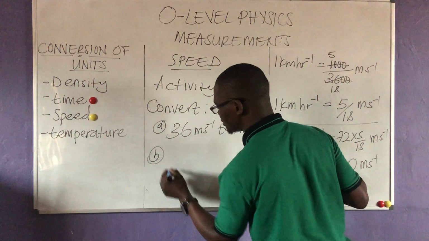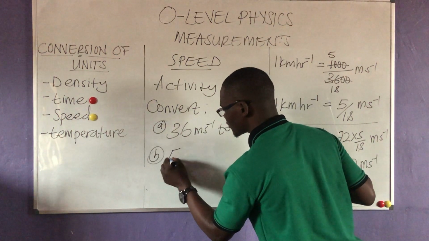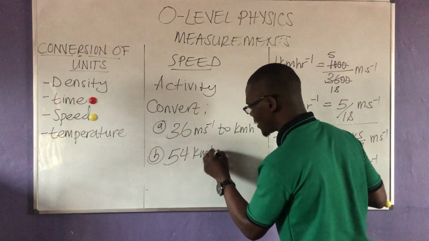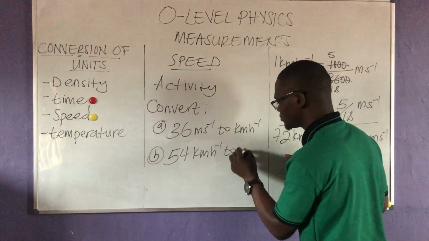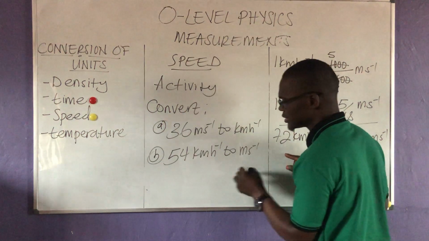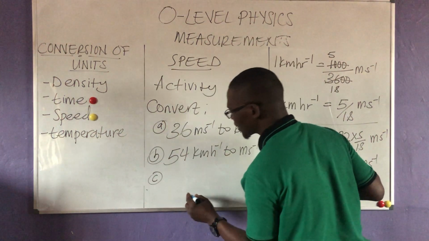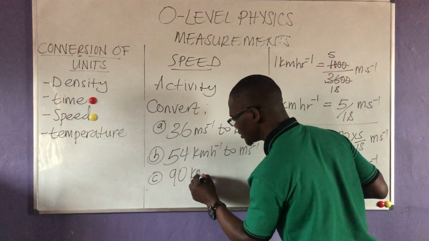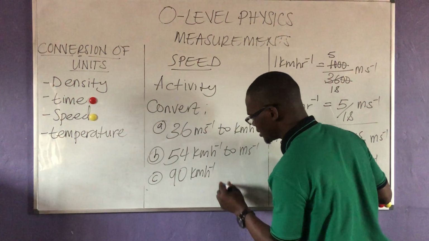Part B, 54 kilometer per hour to meter per second. Part C, it will be 90 kilometer per hour to